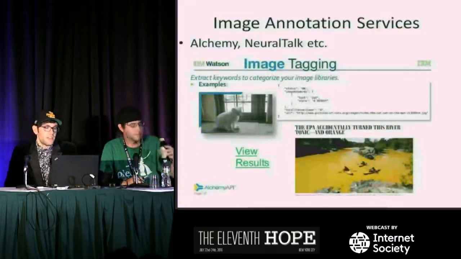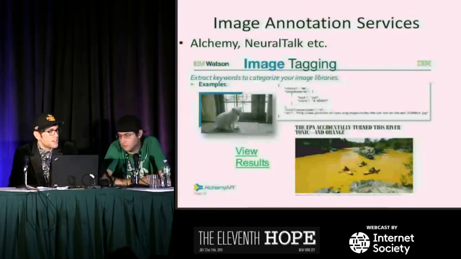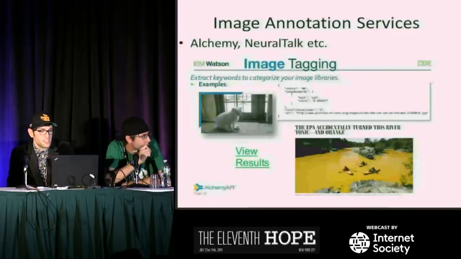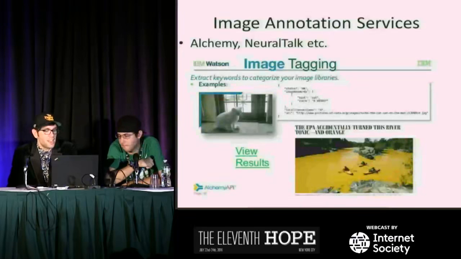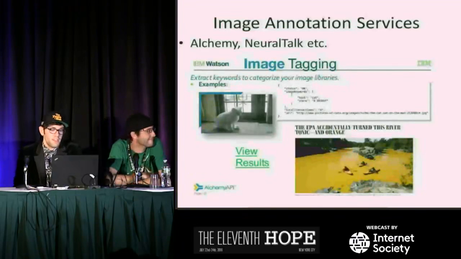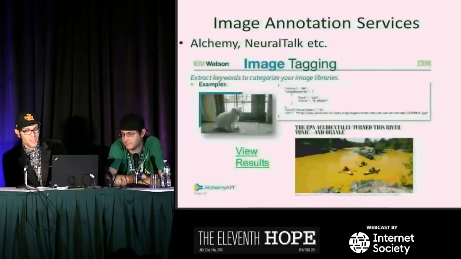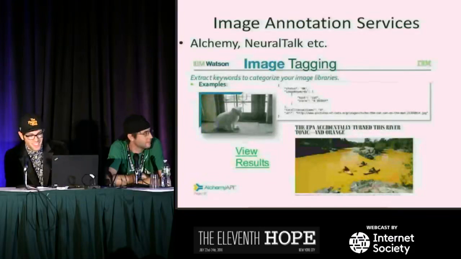So here's an example of Alchemy in action. They give you this picture of a cat. You can see here in the code where it gives you a text string that, hey, this is a cat, and it gives you a confidence score as a percentage of 100%, where it's 98.3% sure that this is a picture of a cat, right? And that's pretty creepy, because now if you have an image challenge where you ask them to perform a recognition task, we now have an automated tool that can perform the task and provide you a text string. Pretty creepy, right? So if they ask, hey, type this in, you're gonna get nailed.